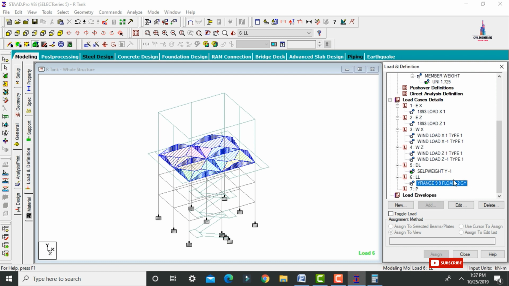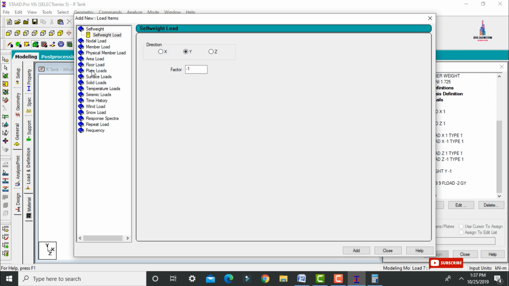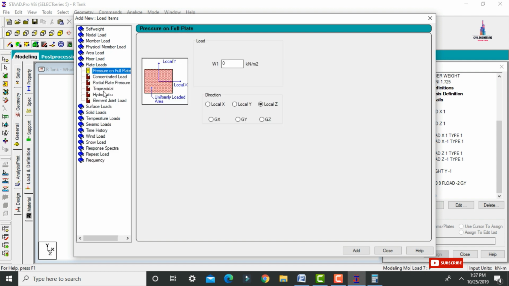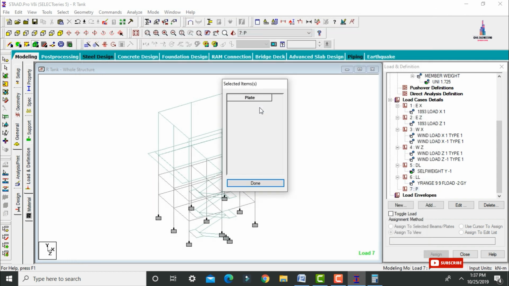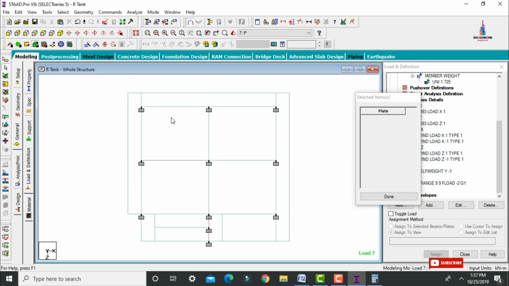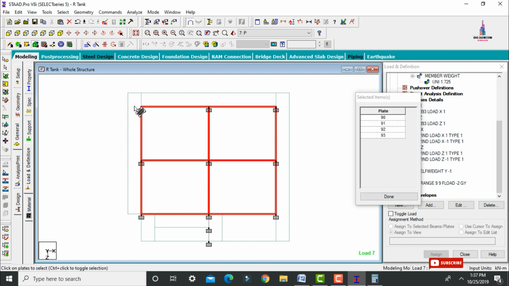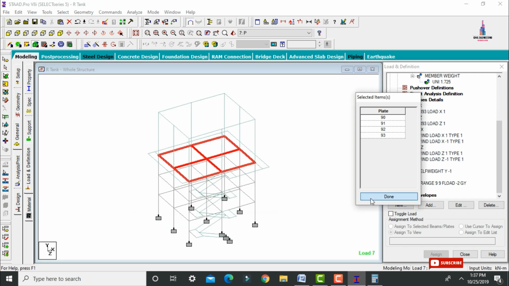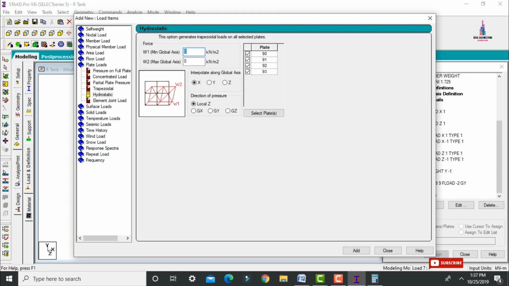So after that we have to take the pressure on plates. Click on add. Now initially we need to select the plate load. Select hydrostatic pressure. Click on select option. So for this respective water tank only the pressure will be applicable for internal plates only. So initially we need to select the internal plates only for applying the pressure. So click on select option, click on done. Now we have to enter the minimum intensity, just I'm taking it as -10, and maximum intensity -30, which acts in the y direction, add button, close option.